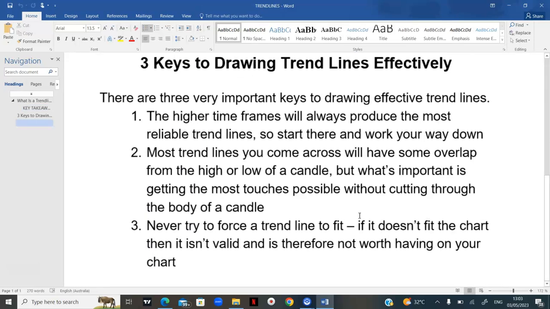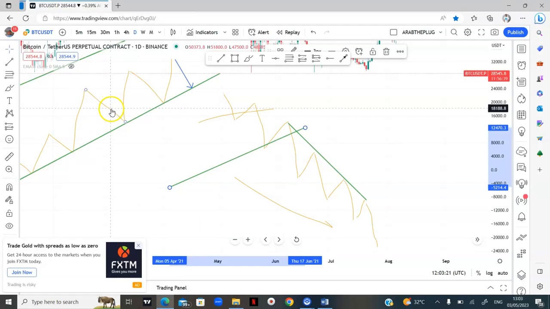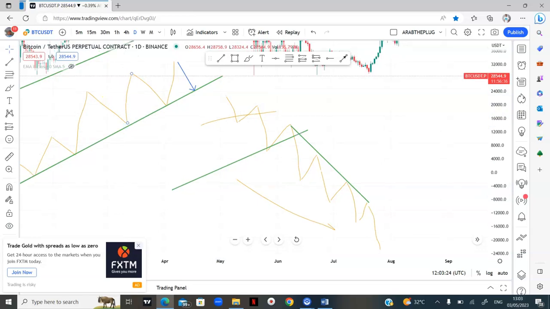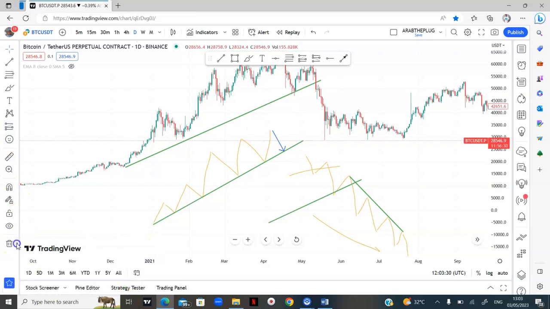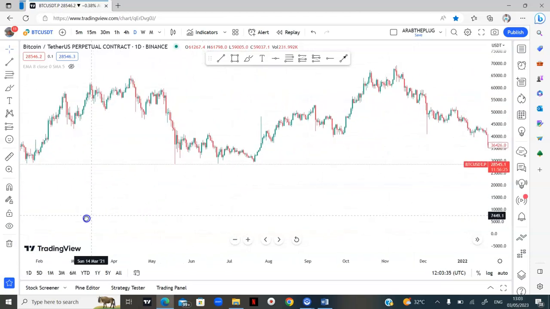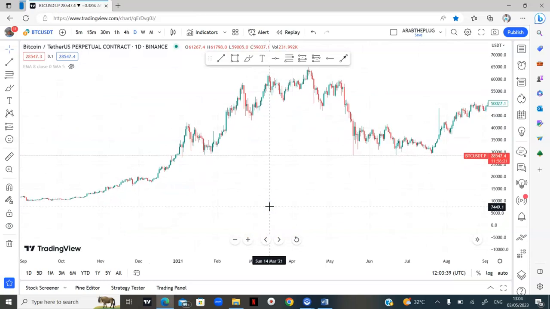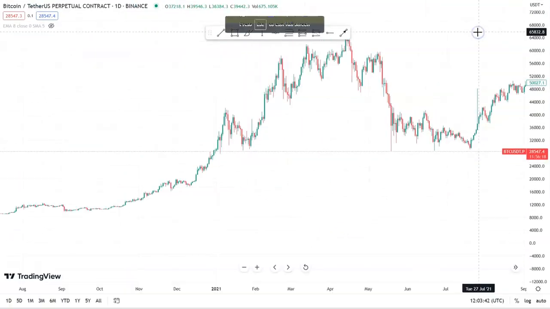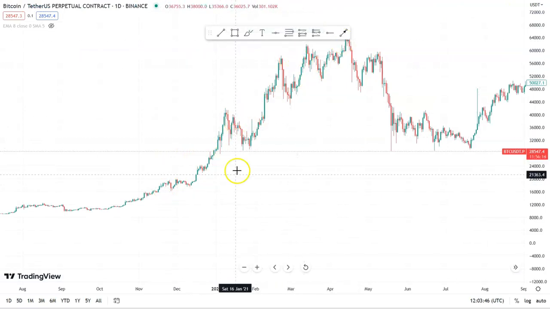So now let's talk about how to draw a trend line effectively. Let's go to a real chart. Let me delete everything we have here and start afresh. So now, if you look at this market, you will see that at this point that I'm showing you right here on my screen, the market is going up, it's trending up. You can see. So now you can connect a trend line